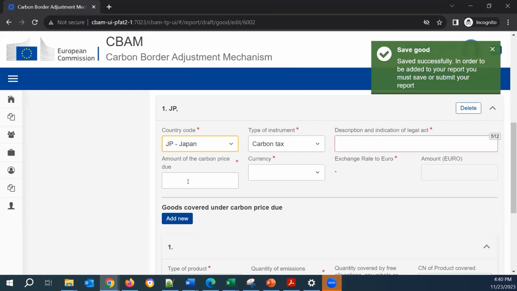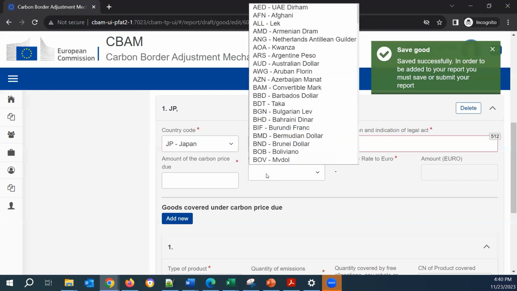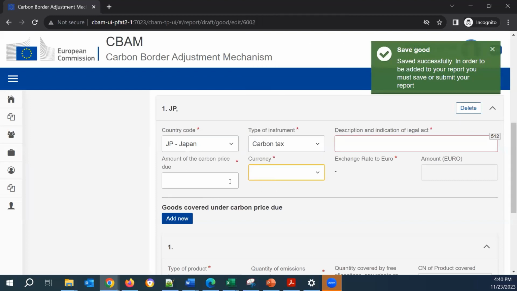Then we need to declare the amount of the carbon price due, how much did we pay, and the currency. As soon as these two elements are inserted, an exchange rate is applied depending on the currency, and the amount in euro is calculated.